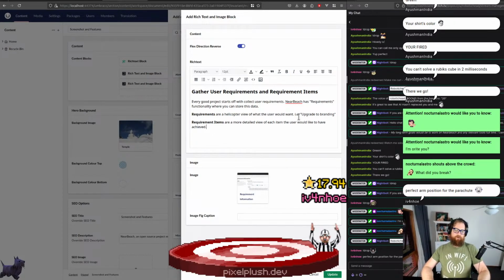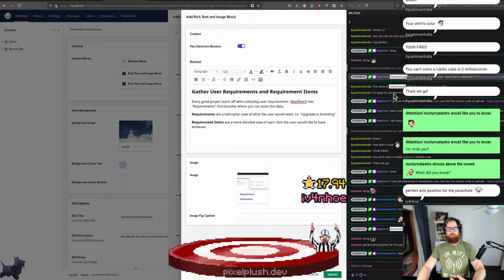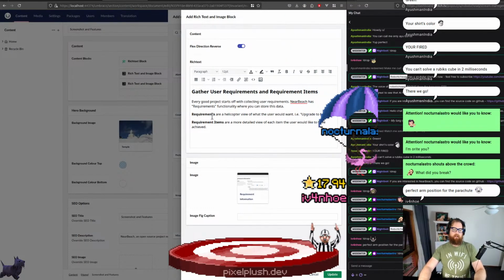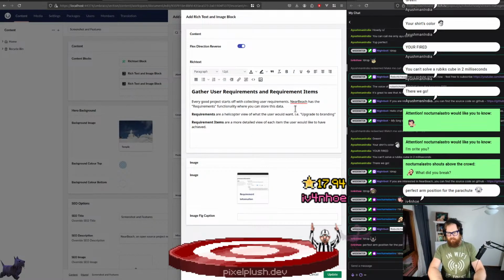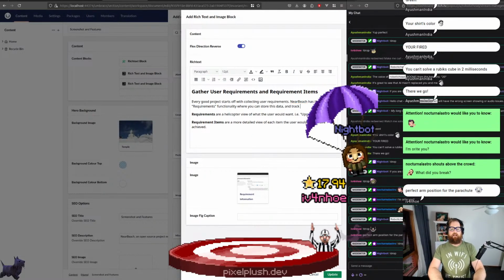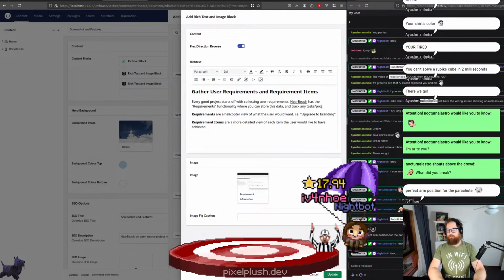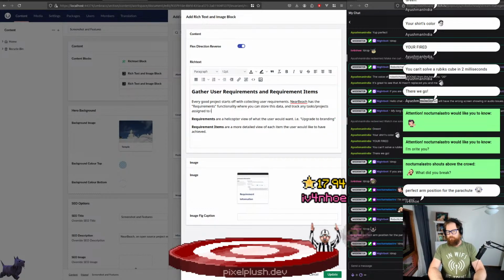All right, cool. So every good project starts off with collecting user requirements. NearBeach has the requirements functionality where you can store this data and track any tasks / projects assigned to it. All right, cool. So requirements are helicopter views of what the users would like, i.e. upgrade branding. These are usually a brief